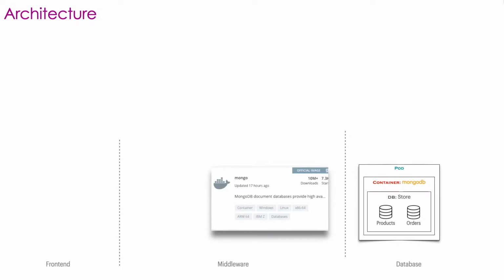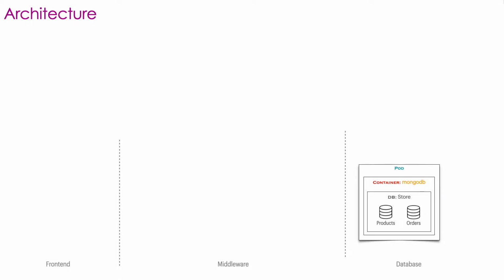Docker Hub provides a standard container image for MongoDB, which is what we have used here. In the Kubernetes cluster, we set up pods. These pods reference containers. Our pod for the database refers to the MongoDB container. Because we need to protect our data from crashes or restarts of the pods, the data is actually stored in a physical volume. This physical volume can be set up either in the cluster or in highly available storage outside of the cluster. Our Kubernetes pods access this physical volume through physical volume claims.